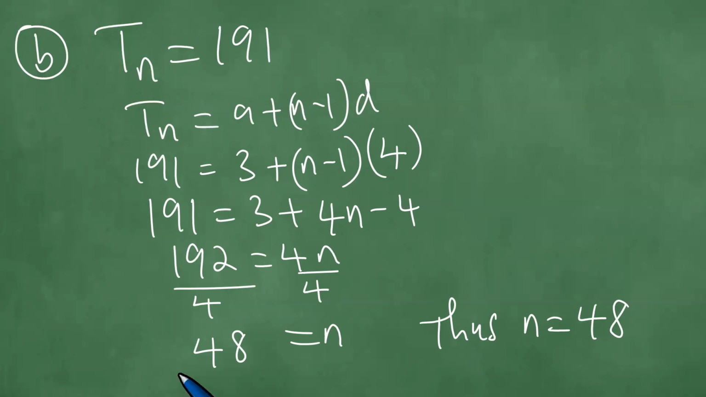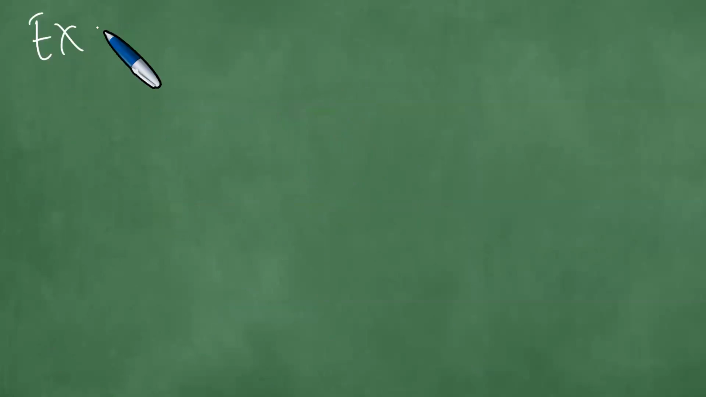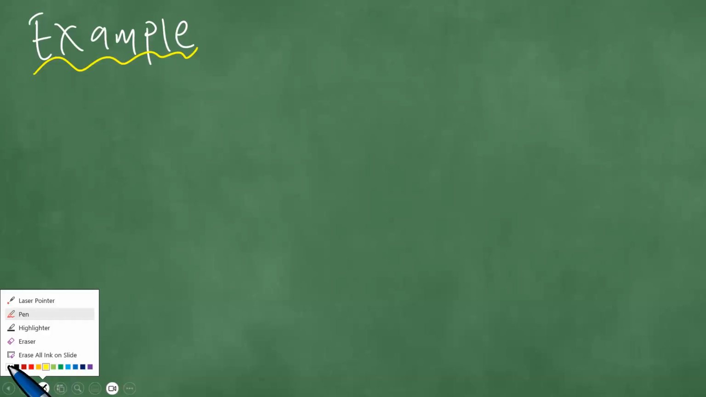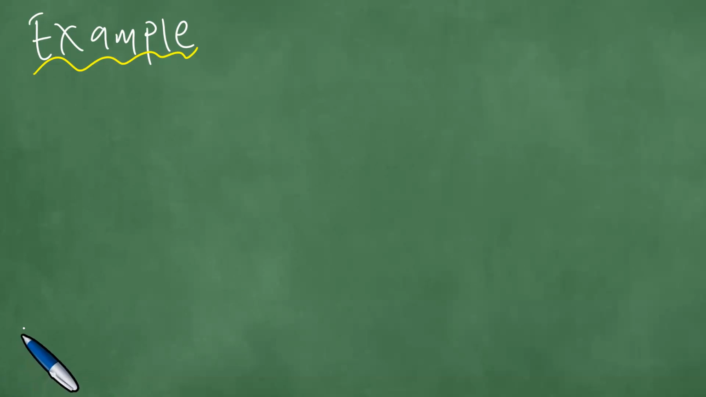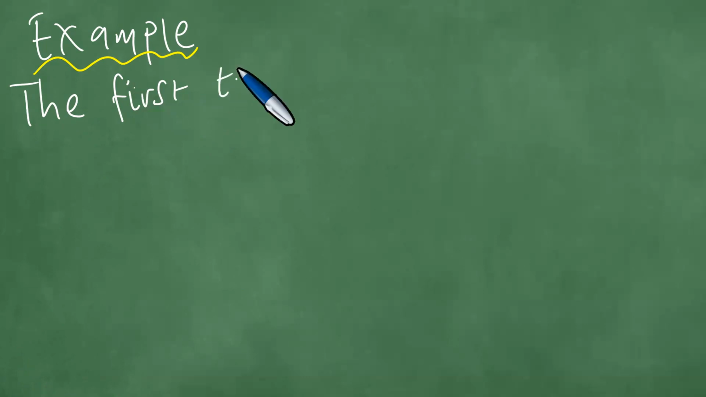The next question. Another example. Right, in this example, the first 3 terms of an arithmetic sequence are